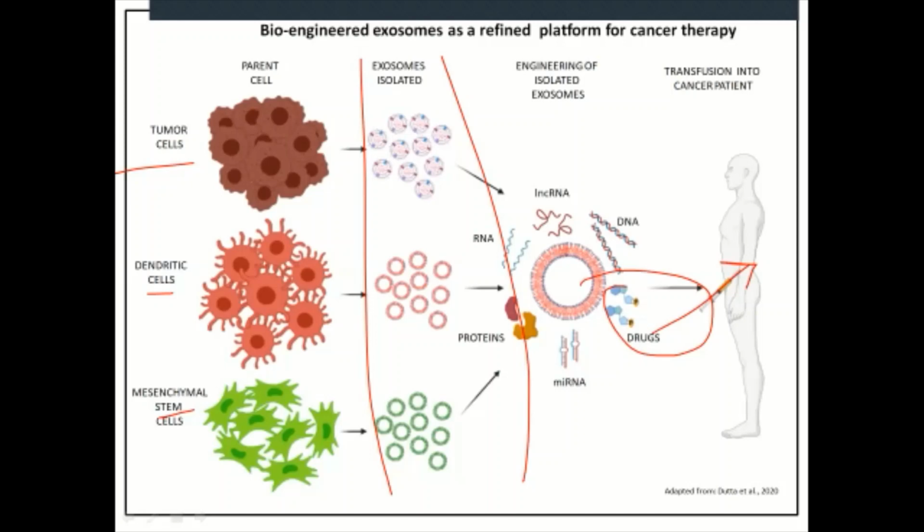There are two main aspects of it. One, these exosomes can be directly targeted towards the cancer cells, and another aspect is that these exosomes can be targeted to the immune cells, where they can enter into the immune cells and thereafter activate them, which then go and target these cancer cells. Thereby, this is an indirect method to target cancer cells.